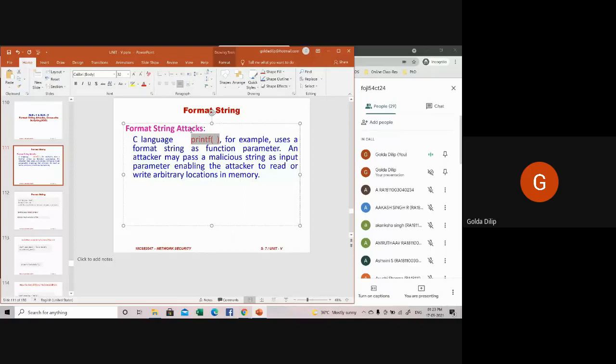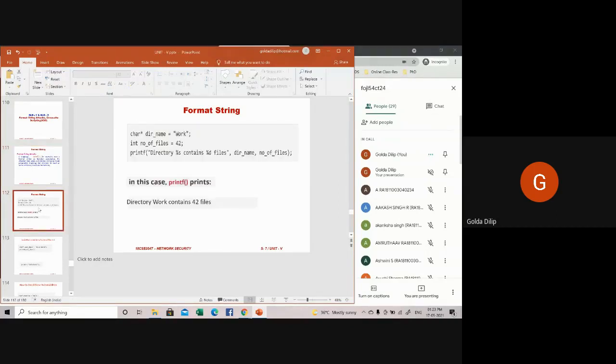They can be used as placeholders in the string, and you pass the values as additional parameters to the print function. For example, you can see it here in the slide.